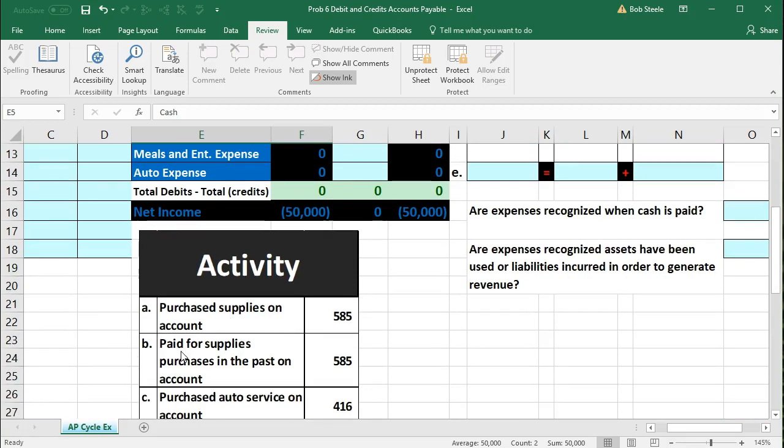Now, it's very possible that we could get mixed up with this one because it also says on account, and we might be saying, well, if it's on account, then cash isn't affected. But note that that would be the case when we purchase something on account, as we did in A, but in B, we're paying off the account. So therefore, it's useful to first think about the cash first, and anytime it says paid, that typically means we paid with cash. So first let's work with the cash, and then we'll see what happens on the other side